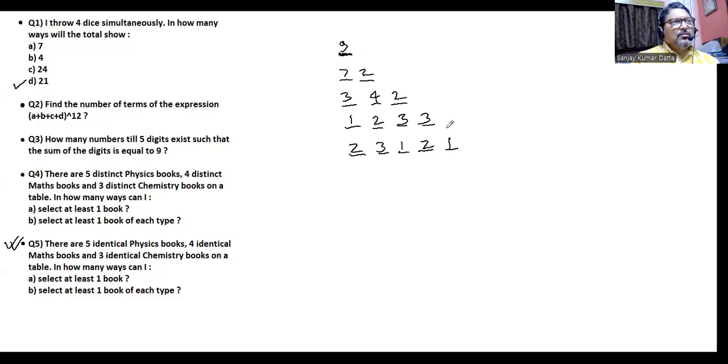So all of these types are possible. Such